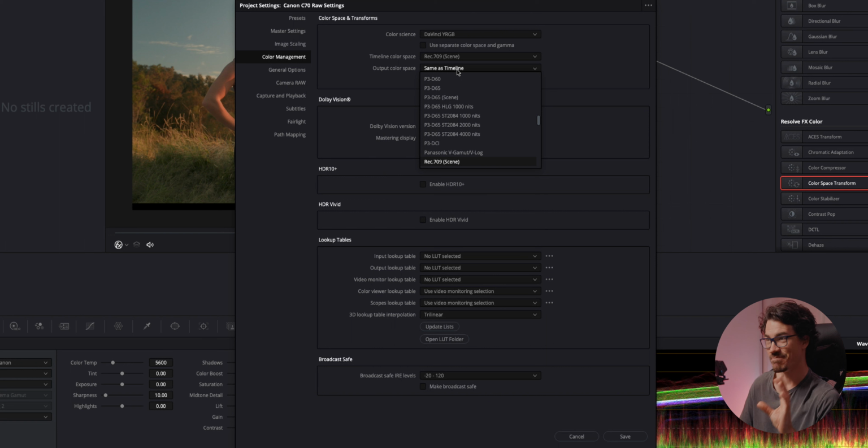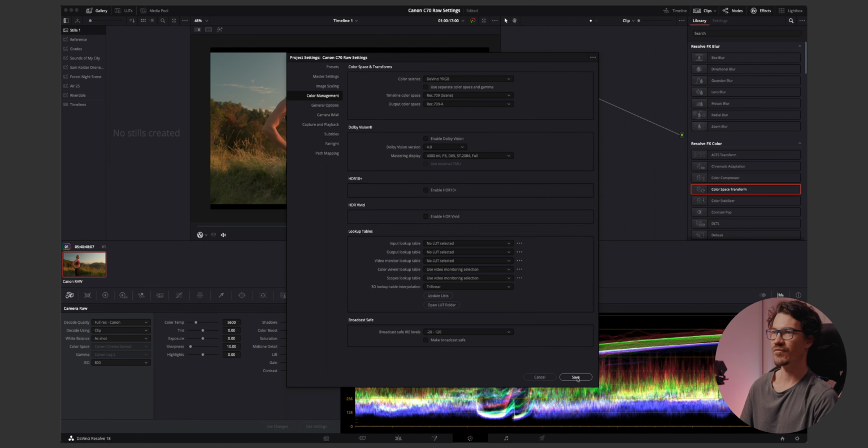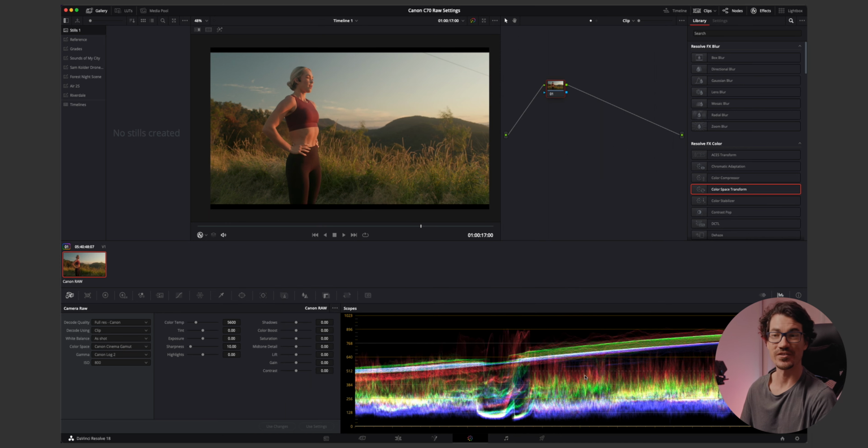Now, if you are on a Mac, you need to change this to Rec 709A. That is an Apple certified Rec 709, and it basically gives it slightly more contrast, so when you bring it onto your phone and other devices, it actually looks like what you're seeing on the screen itself. And now if we press save, we can see that the image goes back to C-Log 2,